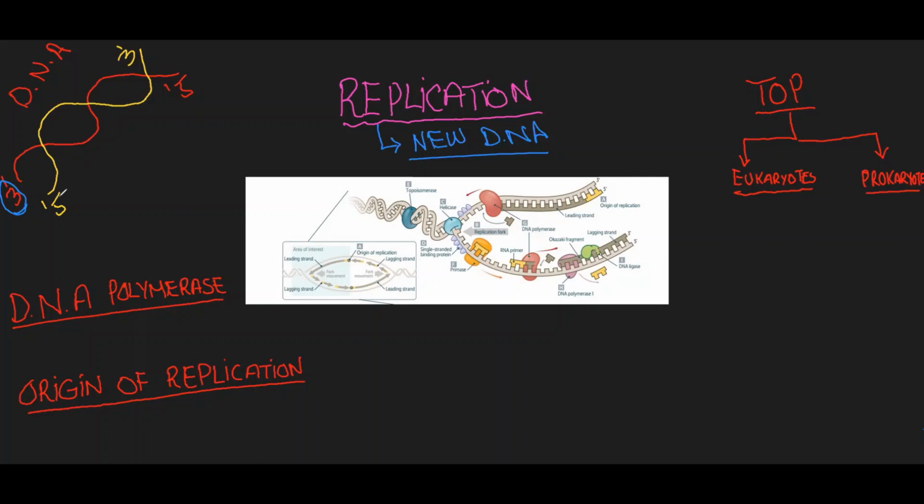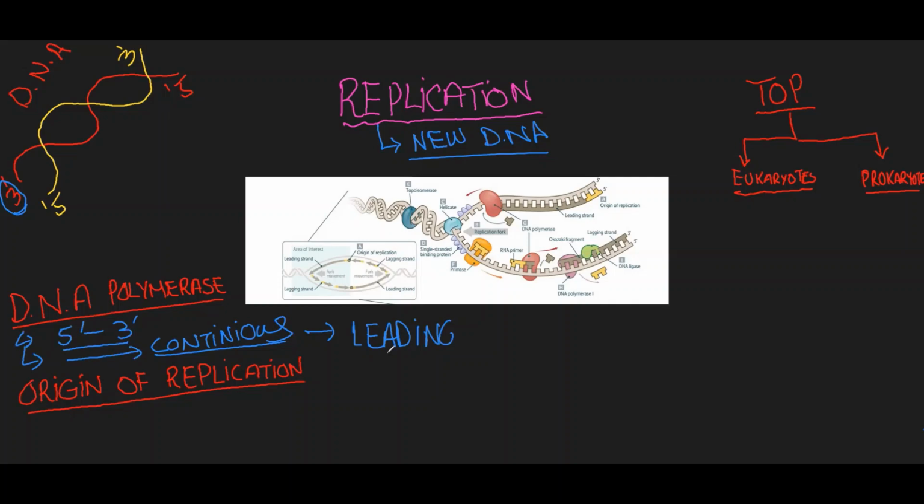Another thing, DNA polymerase, which is the main enzyme involved in DNA replication, synthesizes DNA only in the 5' to 3' direction. In this way, one strand of DNA is synthesized continuously and another strand is synthesized in segments. The DNA strand which is synthesized continuously is known as the leading strand, and the one synthesized in segments is known